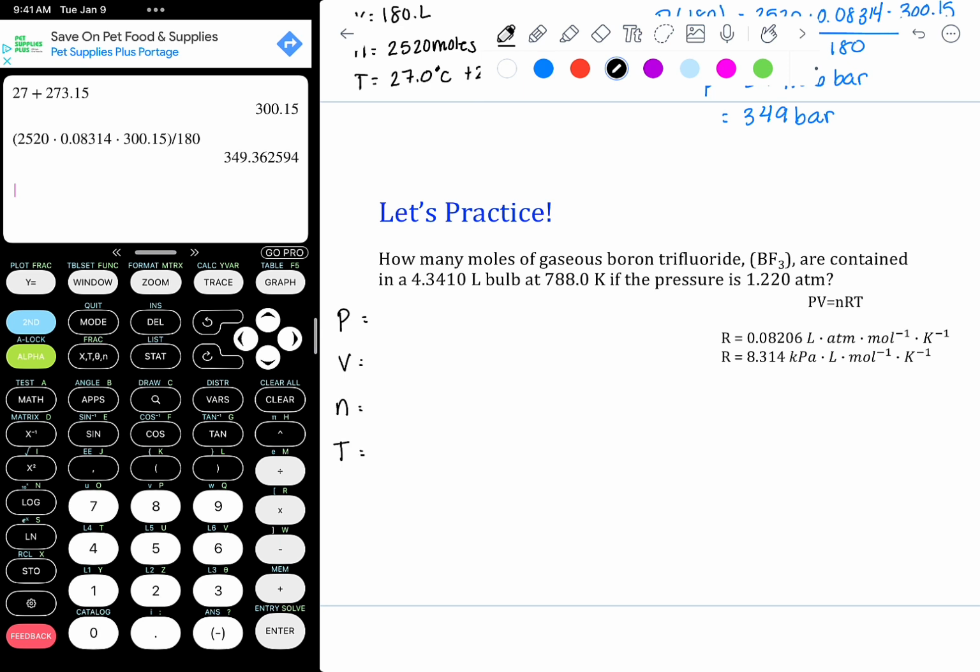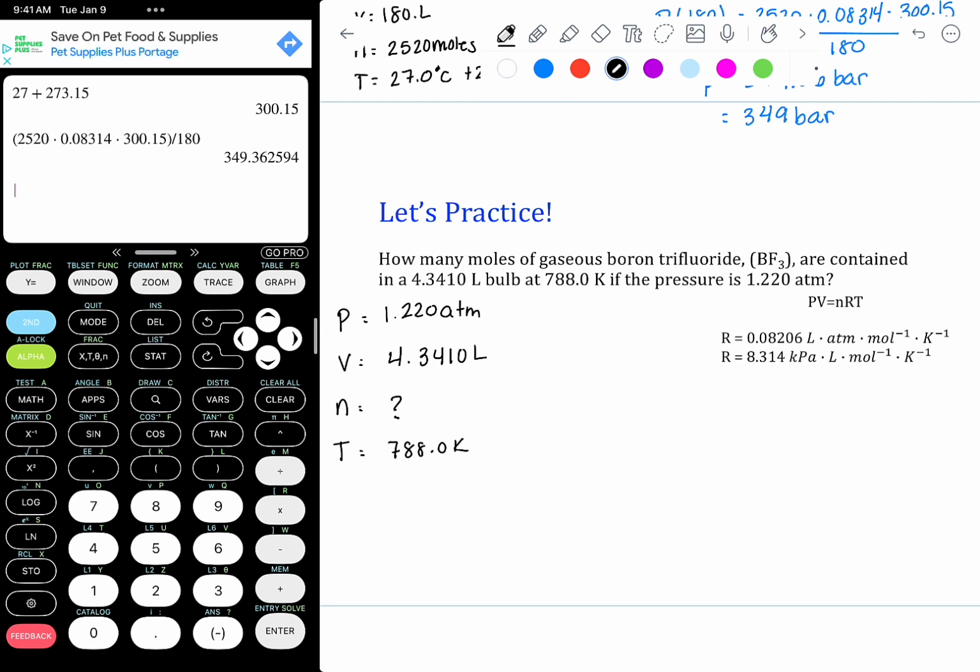So our pressure is given as 1.220 atm. Our volume was given as 4.3410 liters. Our number of moles is what we are looking for. And our temperature was given as 788.0 Kelvin. So we're already given our temperature in Kelvin, meaning that we have all of our variables in the